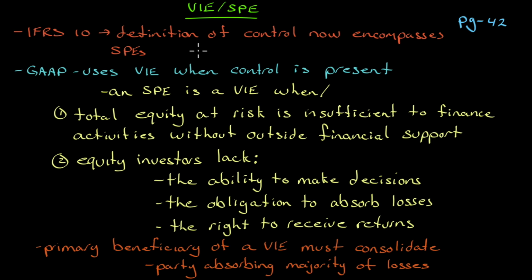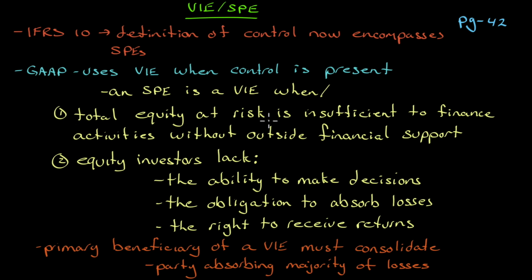GAAP uses a different term. It uses the SPE, but when the SPE matches the definition of control under GAAP, they refer to it as a VIE. So it uses VIE when control is present. So it has two different words for it. It'll use SPE. SPE is non-consolidated, but if the SPE qualifies as a VIE, then it is consolidated. So an SPE is a VIE when